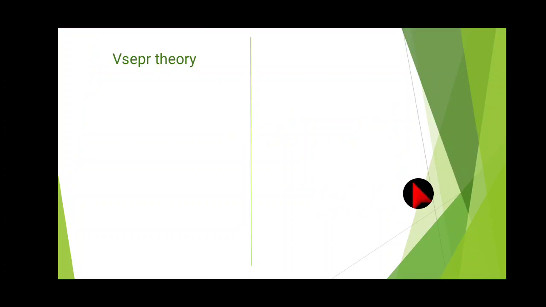Last class we have seen the Lewis dot structure and the Lewis concept of structure of molecules. They deal with the relative position of atoms in the molecules and the sharing of electron pairs between them. However, they cannot predict the shape of the molecules using the Lewis concept. That's why the Lewis theory is used in combination with the VSEPR theory for getting the shape of a molecule, right?